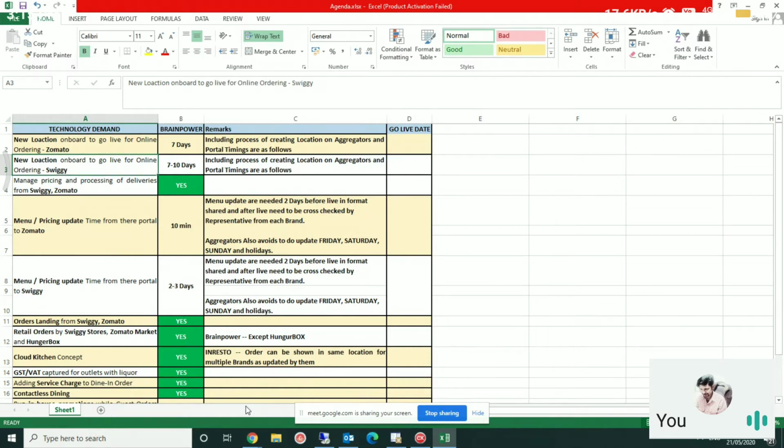As you have updated me earlier, it will take 2 to 3 days for a menu update right now for Swiggy. You have got a mail also, I believe. Can you showcase the mail sent by Swiggy saying that they are giving you the API interface by June, or whatever the date is, confirmed by the Swiggy team? I can show you the mail. One minute.